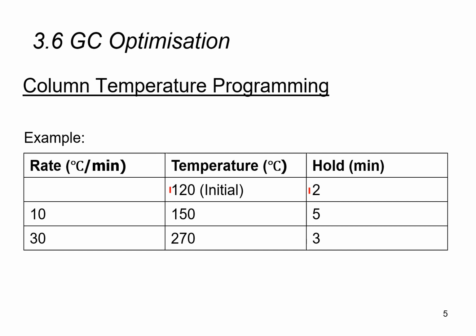And then at this point, we may want to raise the temperature by 10 degrees per minute to 150 degrees C. So 150 degrees C is sort of a mid-range temperature, and we can hold it there for say 5 minutes to allow the medium retained compounds to have some opportunity to interact with the stationary phase and therefore be